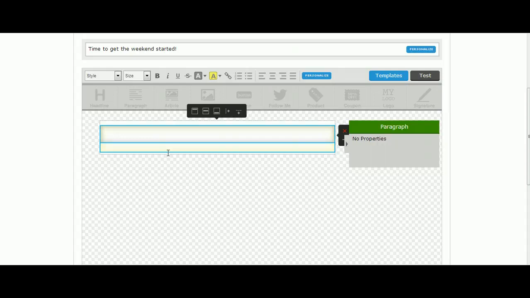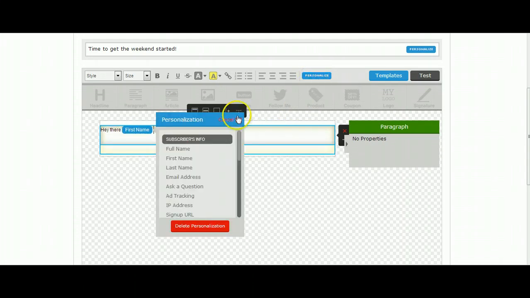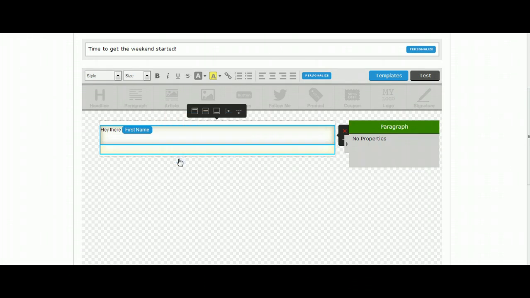Now I can start. What I usually do is, "Hey there," because that's how I talk. Hit the space bar, and I want it to have everybody's first name in it. So I go up here to your right where it says Personalize. Click on Personalize, and I only ever use the first name. I want to keep it personal, and when my subscribers sign up, and I think on yours it's the same way, most people only sign up with their first name, so that's what's going to be in your system, and you don't want any blank spaces or last name showing up in the field. When I click on it, it automatically puts this first name box in. That lets you know that it's a field that will pre-fill for you on each of your emails individually. Then I put a comma,